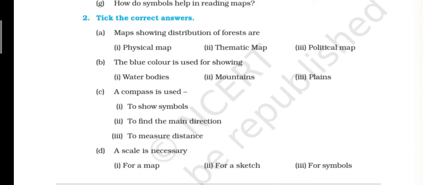Now take the correct answers. You will be writing in the book, as I told you in the last class. You will write this in the book itself. Question answers you will write in your copy very nicely without making any mistakes. And moreover, children, please update your copies and complete your work on time. Please children, this is a humble request. Update your copies as soon as possible and keep your work up to date. This is very important.